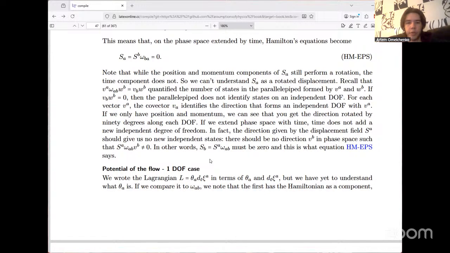For each vector V^A, the covector V_A identifies the direction that forms an independent degree of freedom with V^A. If we only have position and momentum, we can see that you get the direction rotated by 90 degrees along each degree of freedom. If we extend phase space with time, it does not add a new independent degree of freedom. In fact, the direction given by the displacement field S^I should give us no new independent states. There should be no direction V^B in phase space such that